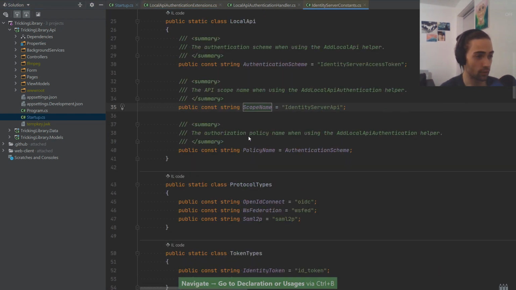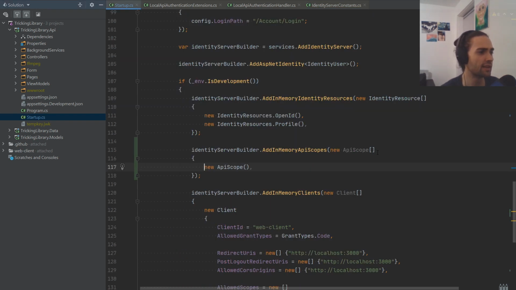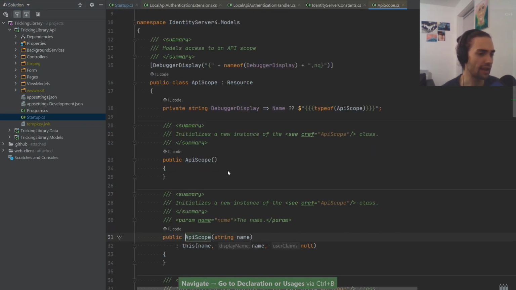And if we go to it, I know it's IdentityServer.api or Identity Server API, there are no dots there. It's just so when I go to my web client, I know what I'm going to put there, okay? I'm just going to go in there, copy the name, and put it there. So this is what I put here. The API scope